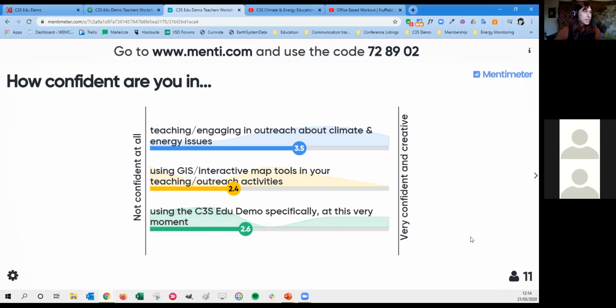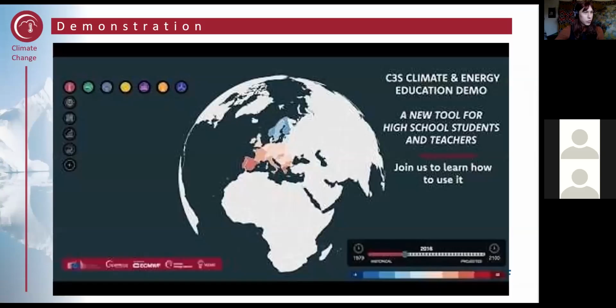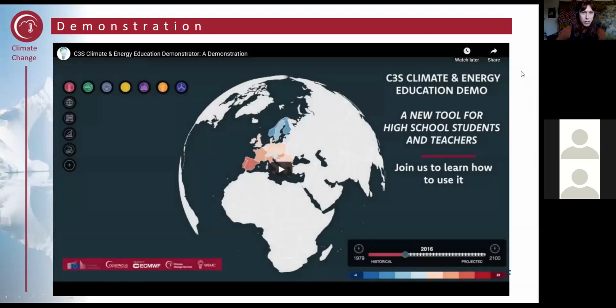So there we go. Mentimeter.com is this tool we've used here. And the clever thing, of course, is that these are now benchmark ratings. So we're going to come back to this at the end of the workshop. And if I've done my job properly, hopefully I can get this up here. We'll see. Right. Okay, so let us now move on to a little short demonstration video,